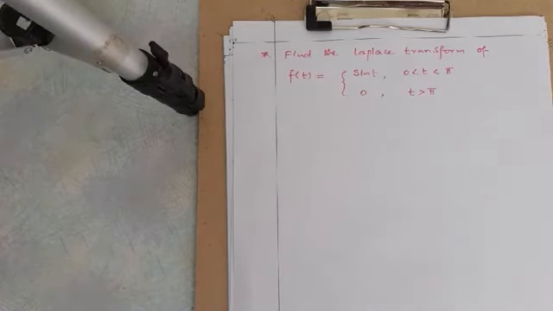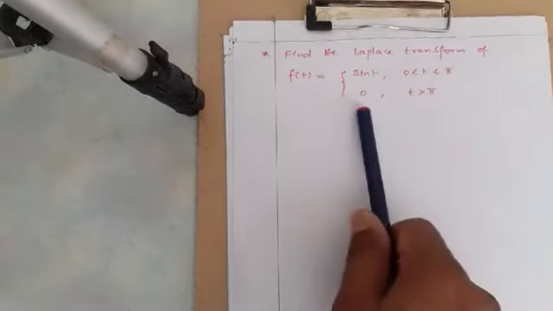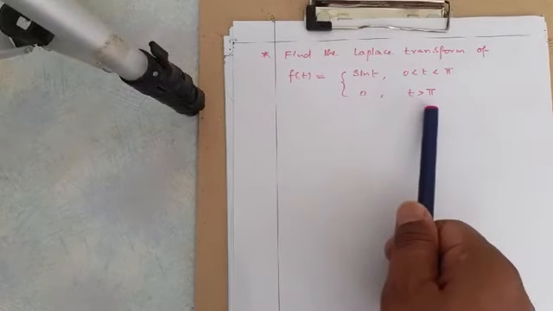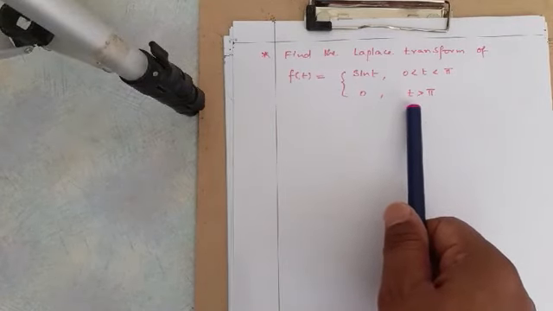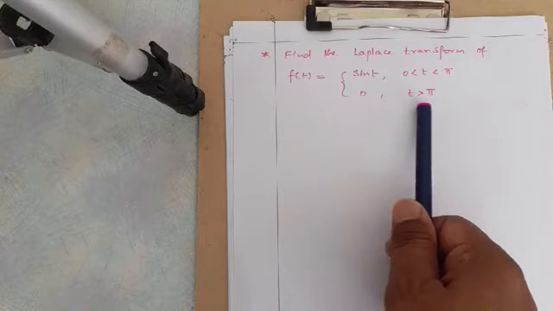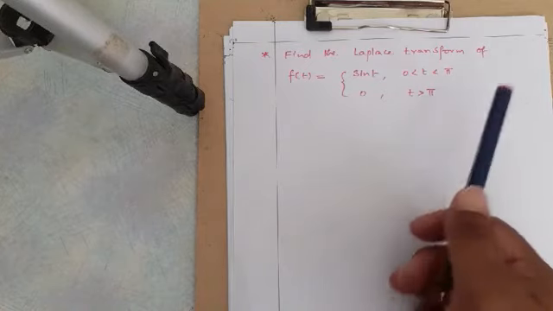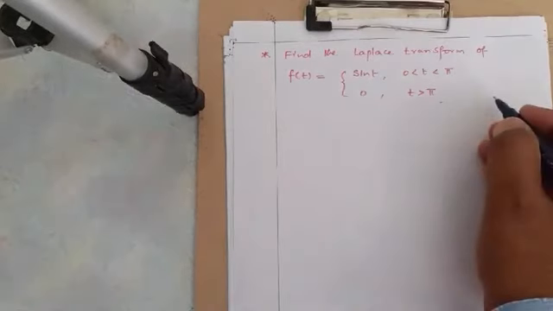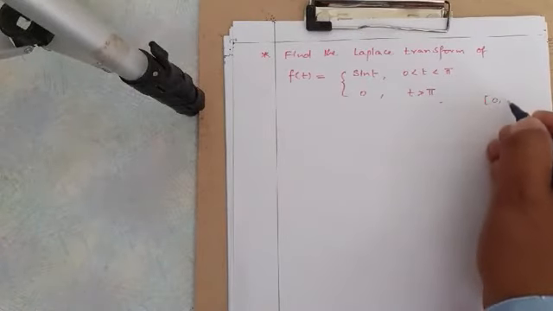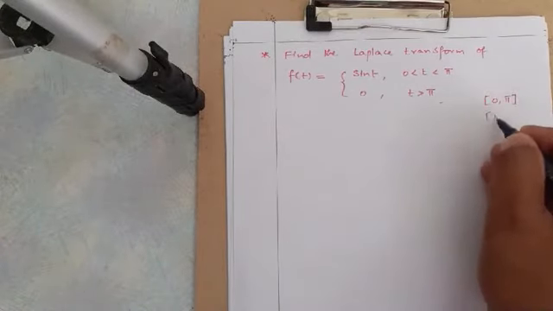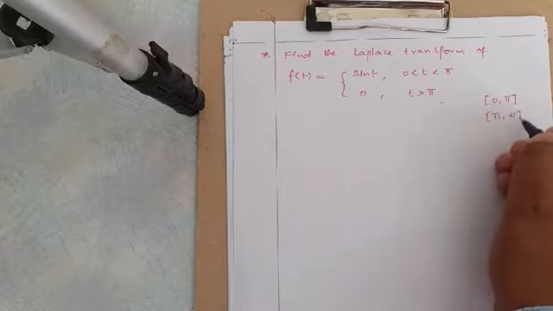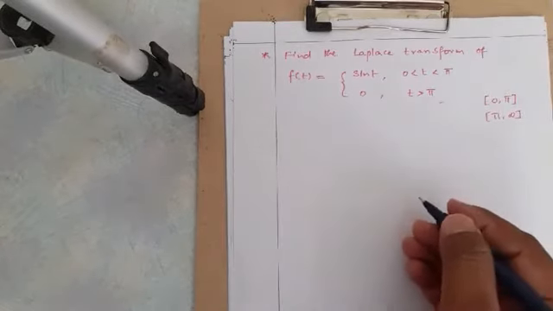So what are the endpoints here? 0 and pi. And f of t is 0 for t greater than pi, that is from pi to infinity. So the intervals given here are 0 comma pi and pi comma infinity. So this is nothing but the intervals. Now